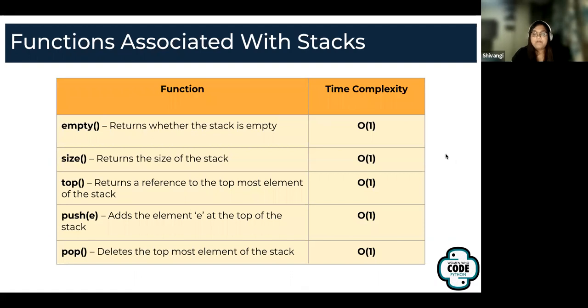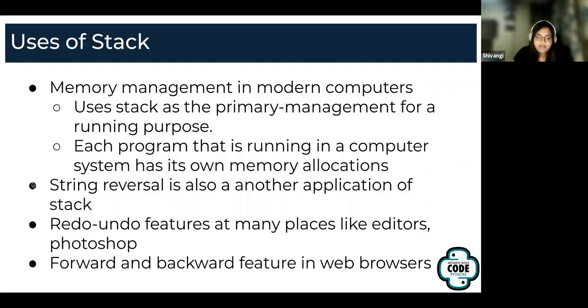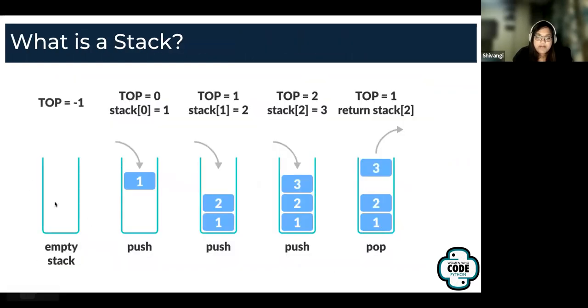Now, we defined stack as a data structure, and we mentioned certain features. There are certain functions associated with these features, so I'll talk about them and their time complexity. Empty essentially means the stack is empty. If I go back to the previous slide, this is an empty stack, right?